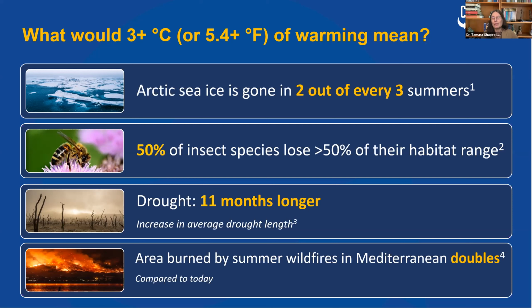We've seen Arctic sea ice in the summer decrease dramatically over the past decade or so compared to previously. The Arctic sea ice always tended to recede from the Siberian coast. It always tended to be landlocked along the northern coast of Canada and Greenland. But that has decreased during the summer, so that in 2012, we had our last real minimum in September, where about 2/3 of the Arctic Ocean was covered with sea ice. But if we have an increase of 3 degrees or more, 2 out of every 3 summers would